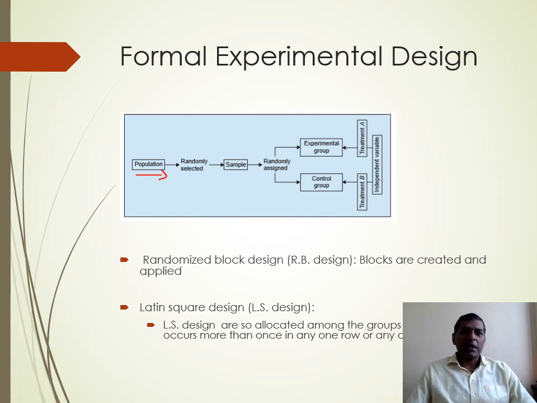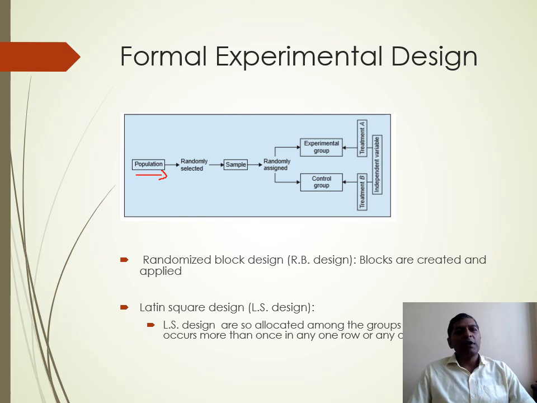So let us say that we have 10,000 items, and these 10,000 items are grouped into 10 different blocks randomly, and these randomly selected items in 10 different groups will be applied for experimentation. This experimentation has treatments, and we may have multiple treatments, 1, 2, 10, maybe more than that. So we are supposed to apply all these groups to all these treatments for experimentation.